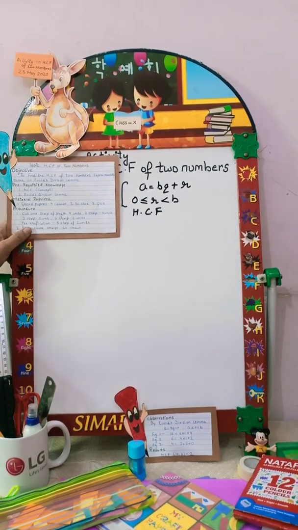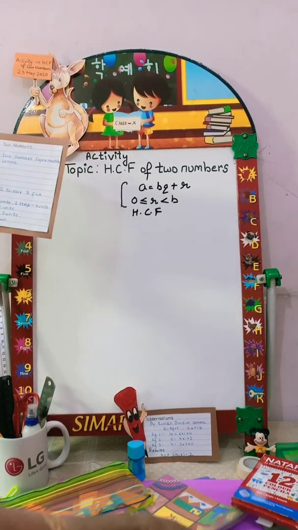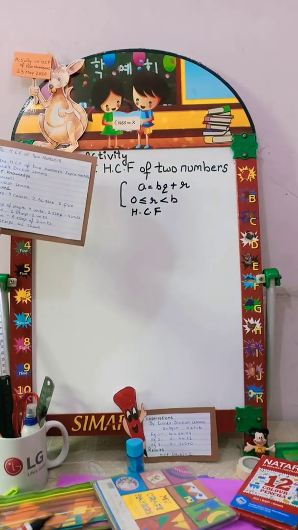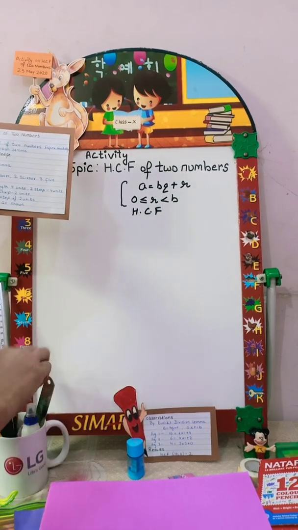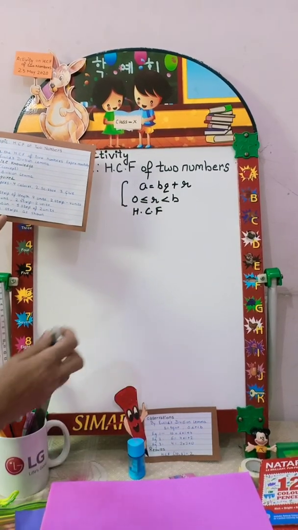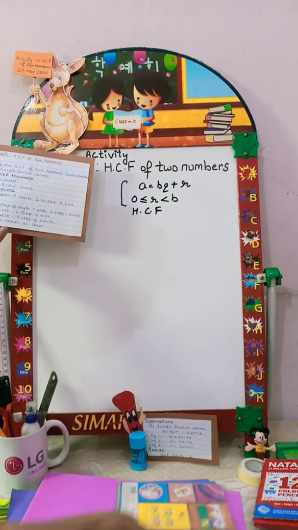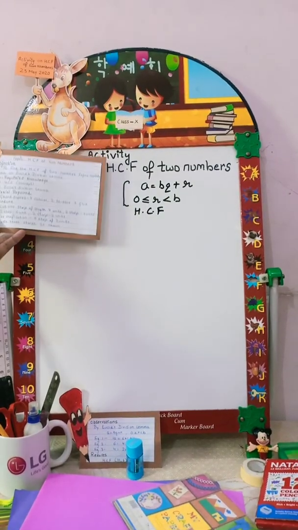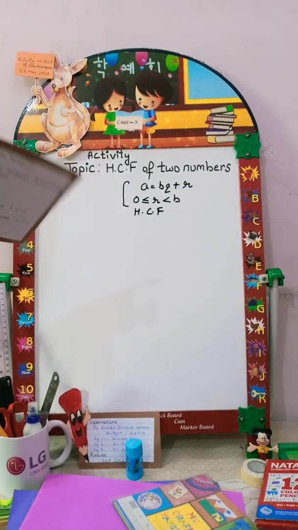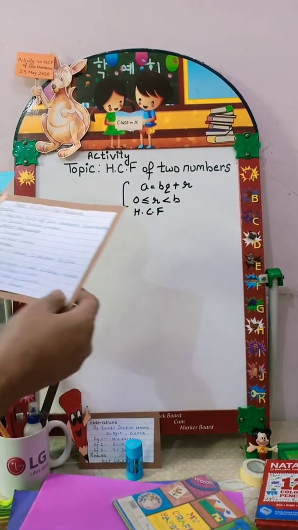Okay, now the material required. We need glaze paper or craft paper, in four colors. Second, scissors. Then we need glue. You can take any type of paper, craft paper or glaze paper, whichever is easily available to you, and use that paper for today's activity. Then start with the activity. Now the procedure.